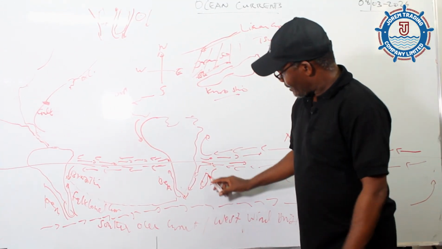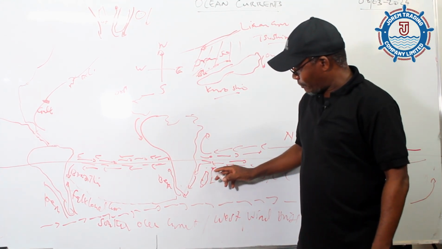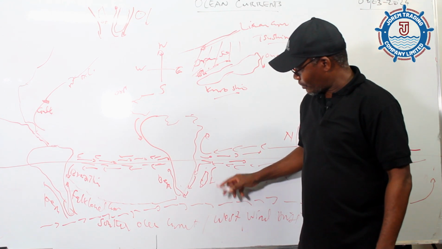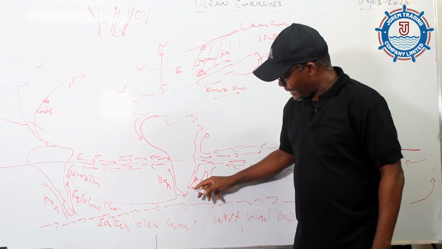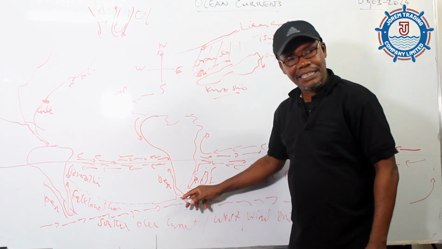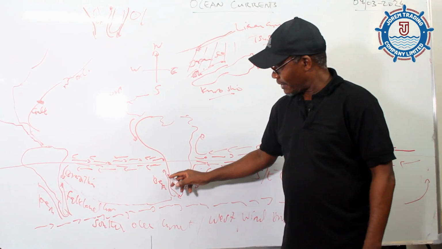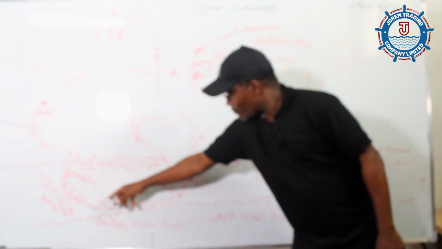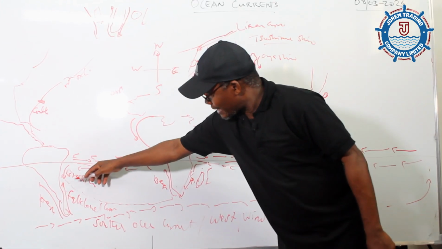For example, this South Equatorial current comes to Madagascar, here on the tip of Madagascar. It splits. Some comes this way, some goes that direction, forming the Mozambique current. And the Mozambique current produces the Agulhas current in South Africa. And Agulhas produces the Benguela, which is also substantiated by the South Equatorial current coming from,